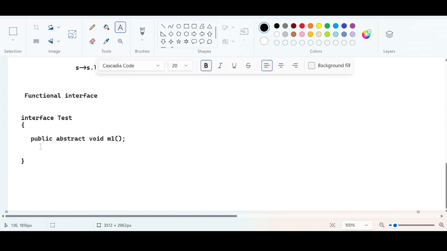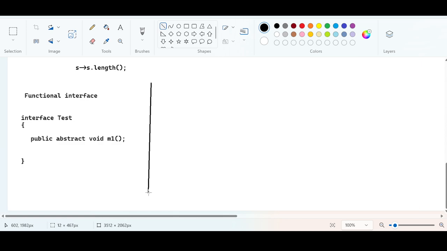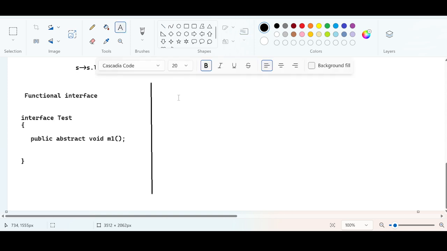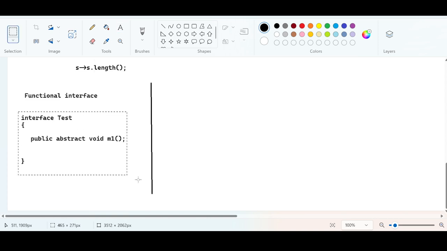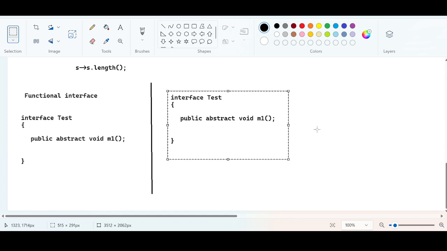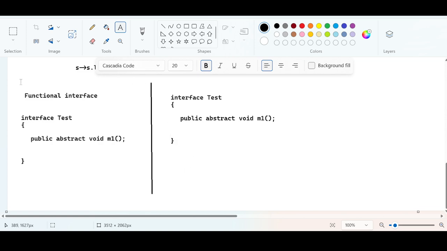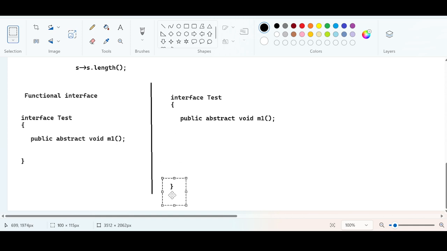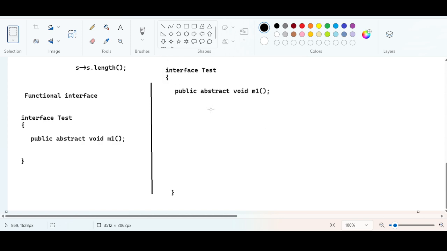This is one condition. The other thing that you have to remember is that from Java 8, the concept of functional interface has changed. How was it changed? Yes, you are correct that it is going to have only one abstract method. At the same time, that interface can have many static methods and many default methods. This is the second point, and it is also very important. Ideally, any interface which has only one abstract method is called functional. At the same time,